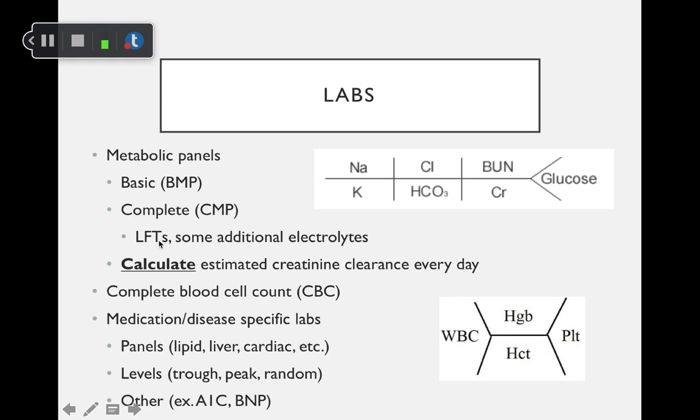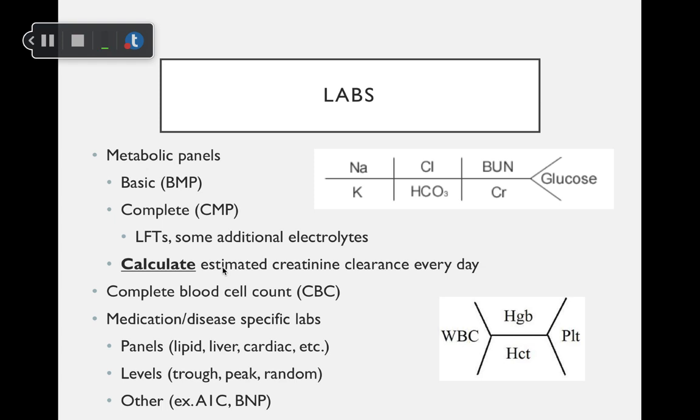Complete metabolic panel is the same as the basic. However, it has your liver function tests and some additional electrolytes added as well. As I said before, paying attention to the labs is really important and something you should do every day. But as pharmacists, it's especially important that we know the creatinine clearance every day, because as we know in the